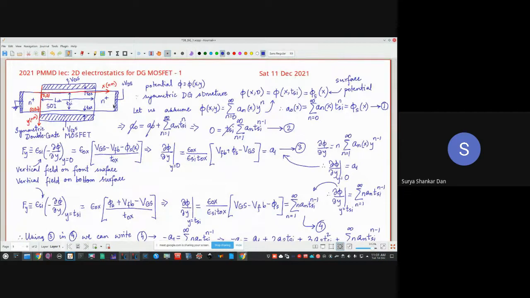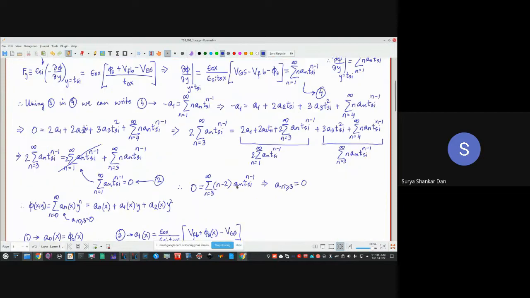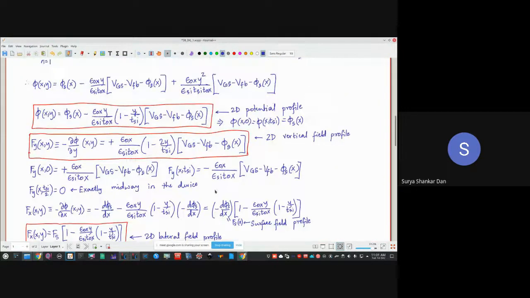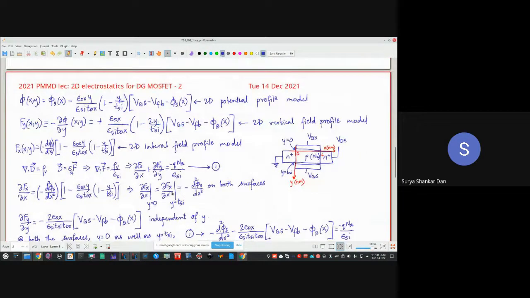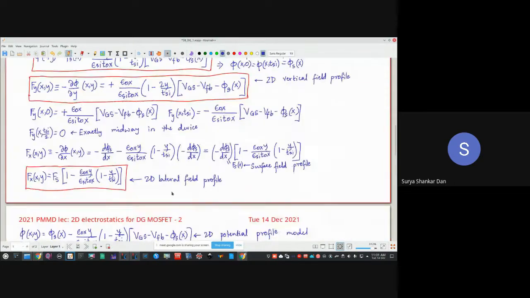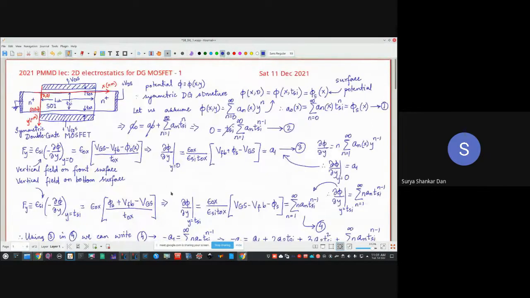Okay, this basically goes on for FinFETs also, Omega Gate, Gate All Around, any of the latest technology which is running inside your smartphones. So every device in modern technology is basically being modeled in this approach. There are some other approaches also, but this is the approach which I like, and I'm using it in my own research as well. And this is mathematically perfect. Okay, so this is the end of this course.